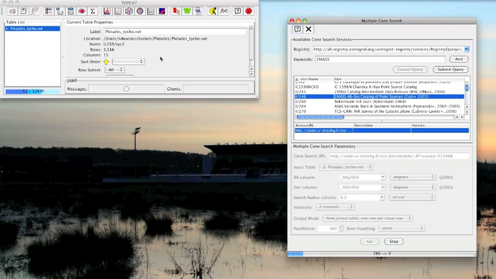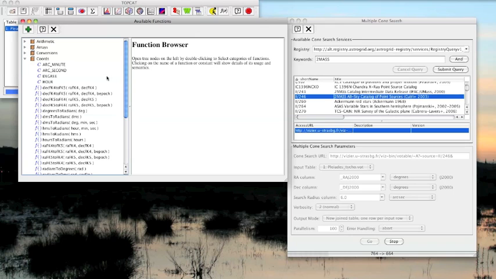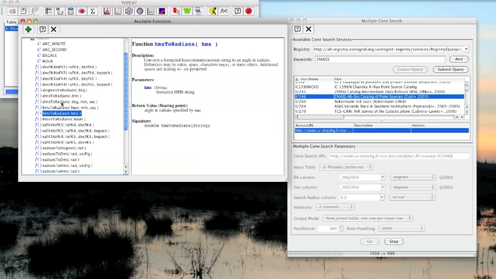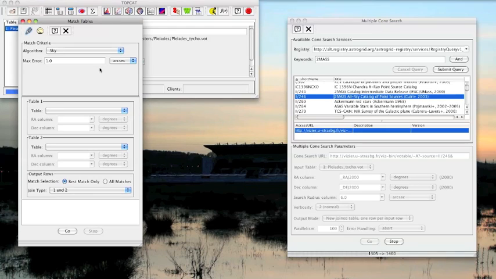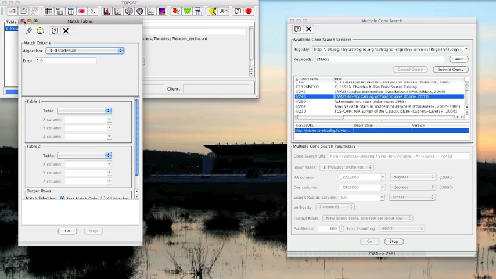I'll just quickly show you a couple of other things with TOPCAT. For example, there are functions. The one I use the most is the coordinates function, for doing things like converting sexagesimal coordinates into radians. That's quite useful because if you load up a table that's got sexagesimal coordinates from a paper or something like that, you can convert it into radians, and then you can maybe use this tool here, which can match the tables from some paper with some of your data, searching against not just positions on the sky, but positions on the sky with distances,